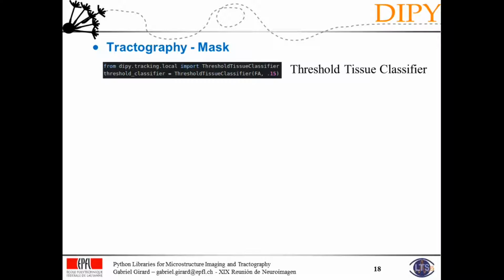So that was for the local estimation, the local modeling part of the signal. So the tensor, the CSD, there's many others you will see. But now if you want to do tractography, the first thing that you might want to do is to define a simple mask from the diffusion images. So in DIPY, the mask or the classes of mask are called the tissue classifier,